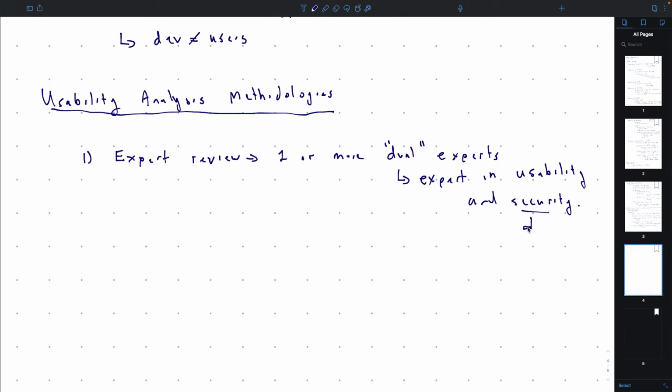Or more generally, how the underlying system being tested works.